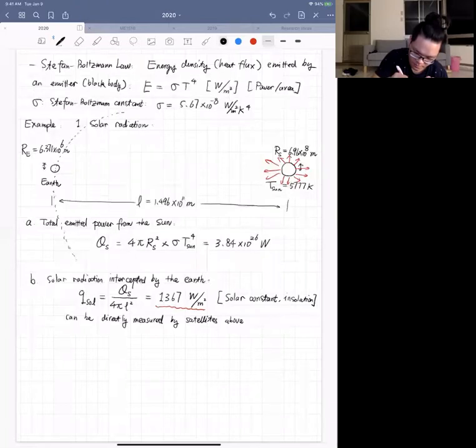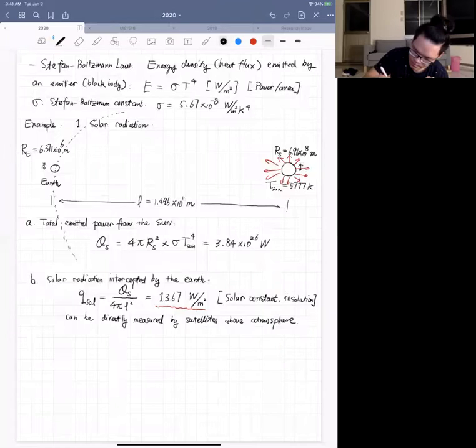Right above the atmosphere. Okay, we have the number, but we don't really have a good feeling of how large or how small this is. Just to give you a feeling of why this energy flux is so hard to convert,